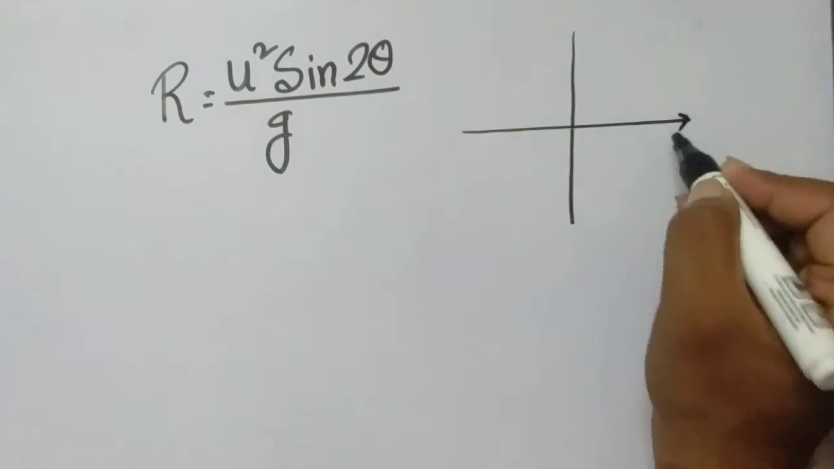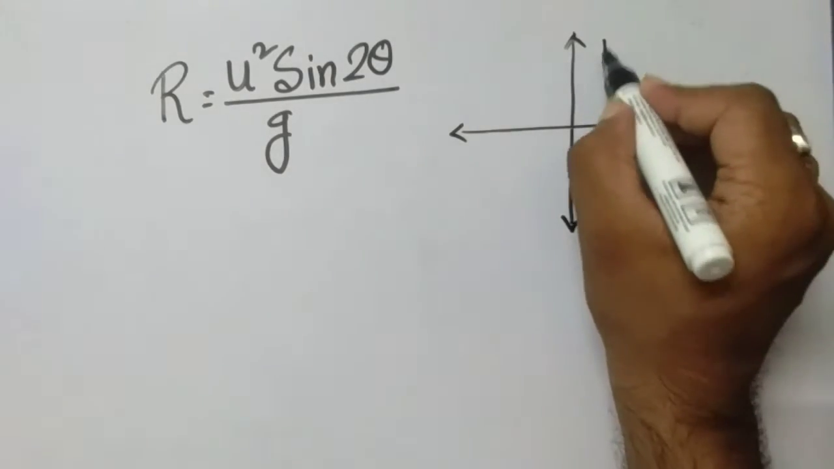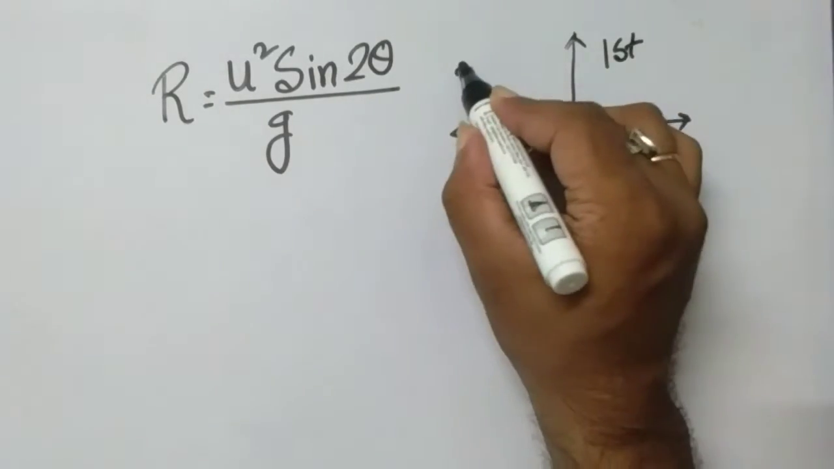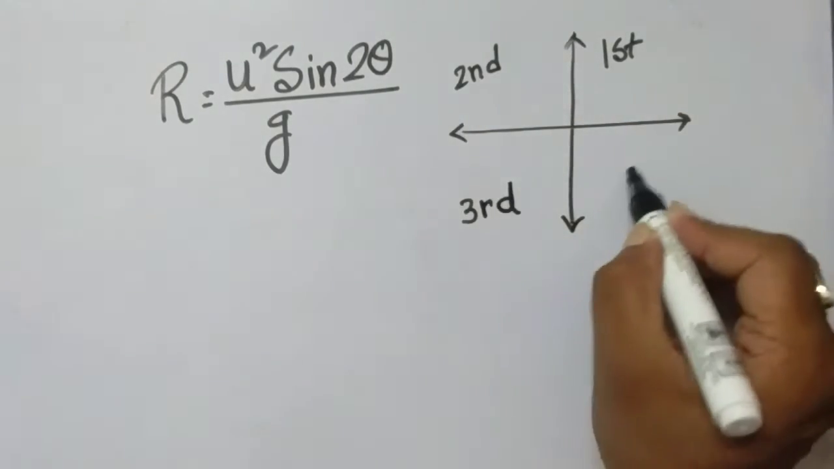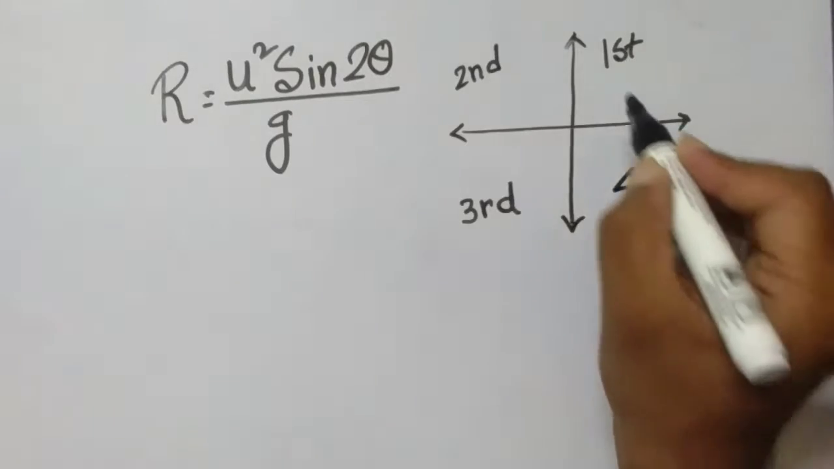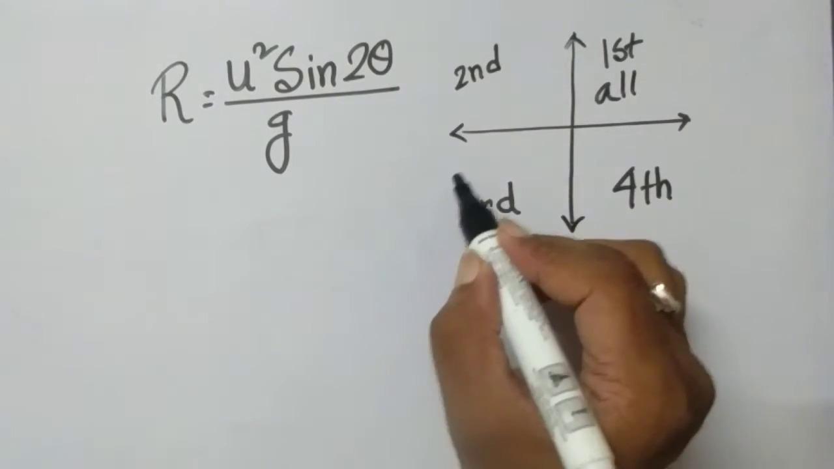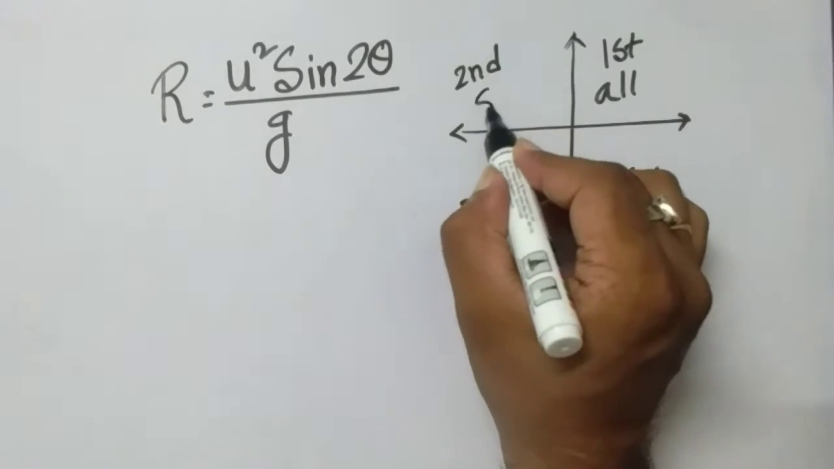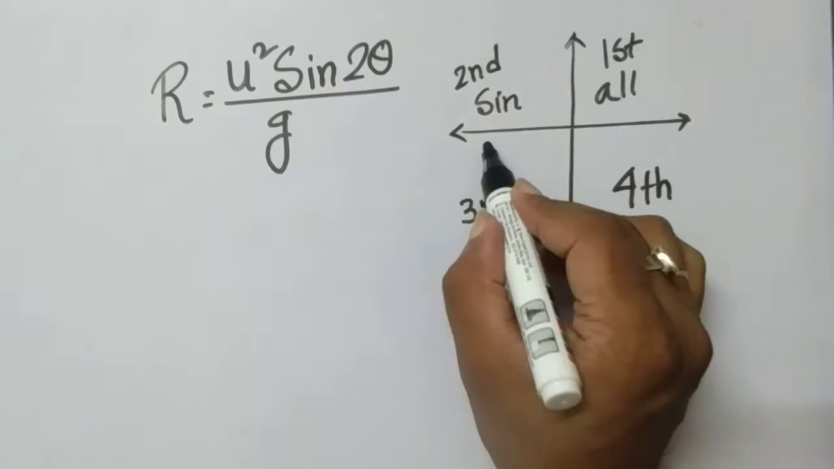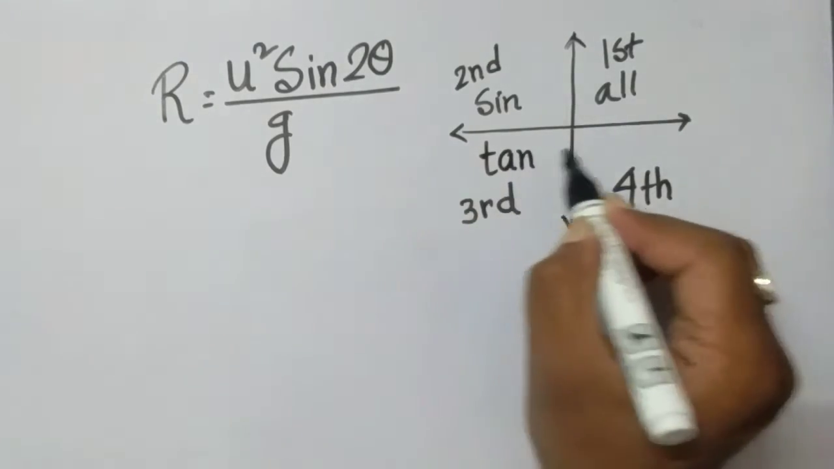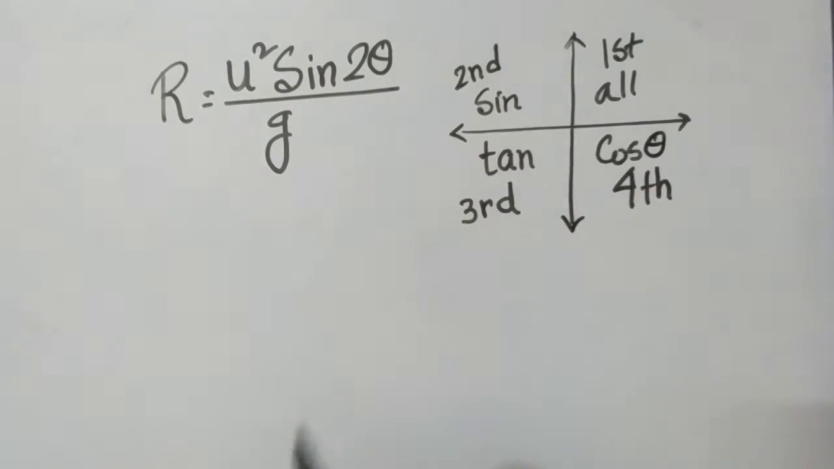In mathematics, the coordinate system can be divided into 4 quadrants. We can say this is the first, this is second, this is third, and this is fourth. In the first quadrant, all the trigonometric ratios are positive. In the second quadrant, sine is positive. In the third quadrant, tan is positive. In the fourth quadrant, cos is positive. Okay,